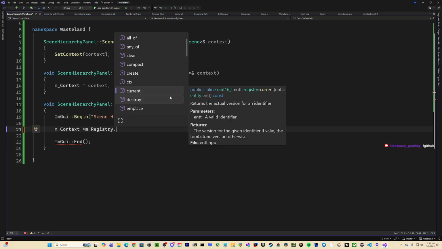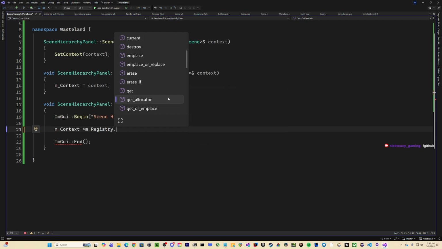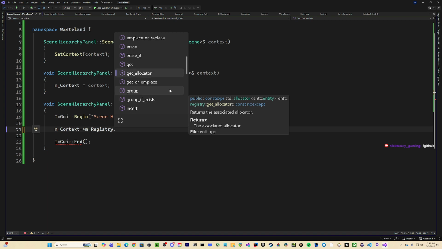Returns the actual version for an identifier. Why don't I know? Am I stupid? Group.